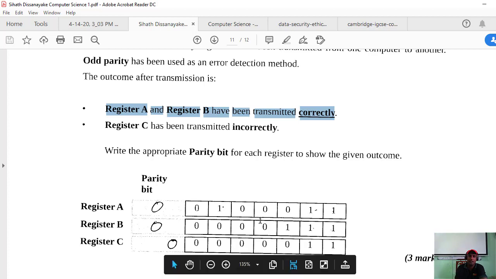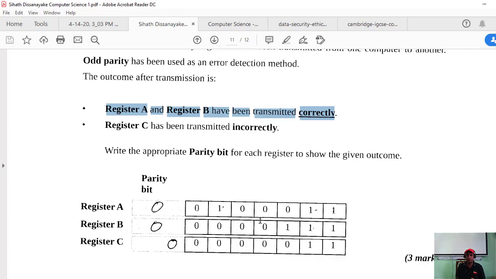It is correct, but the last one says it's wrong. That means it does not comply with the odd parity. This is 1 1 0 0 0 1 0. Then it's odd anyway, so it should be 0 because this is correct.